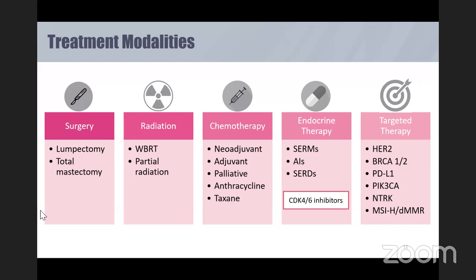Then we have adjuvant, which is after surgery: we start giving chemotherapy, or even endocrine therapy or targeted therapy after, and this is called adjuvant therapy, meaning after. And the last one is palliation, when we only want to palliate, meaning to relieve some of the pain or the severity of the disease. This is palliative therapy. So we can use palliative therapy, palliative chemo, palliative endocrine, or any of these medications when we have metastatic end stage